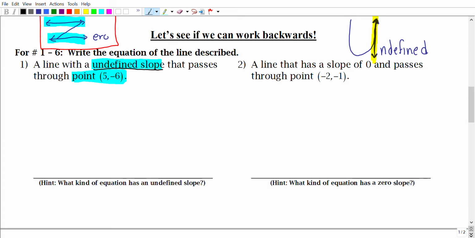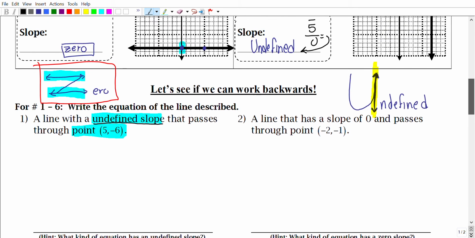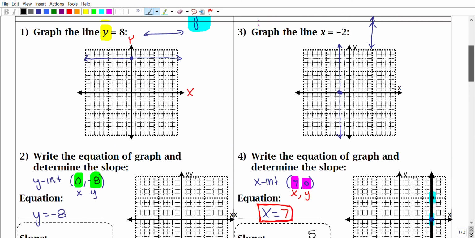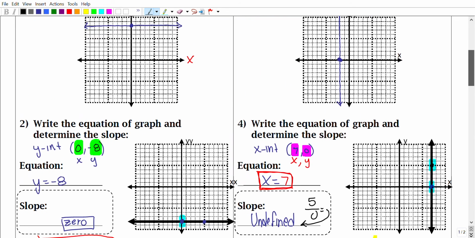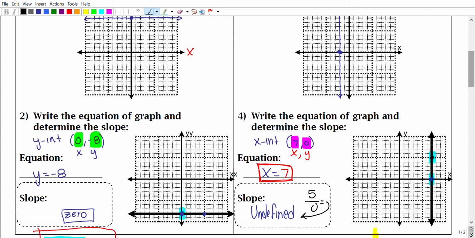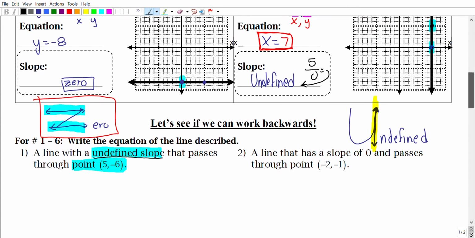Which one of these has an undefined slope, guys? Is it the horizontal line or the vertical line? Well, as we saw here in this chart, it's the vertical line. The vertical lines are the ones that have an undefined slope. So what does that mean? If we're writing an equation, we know it has to start with what? It has to start with